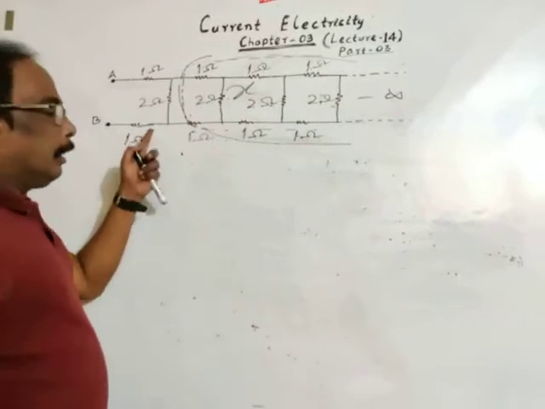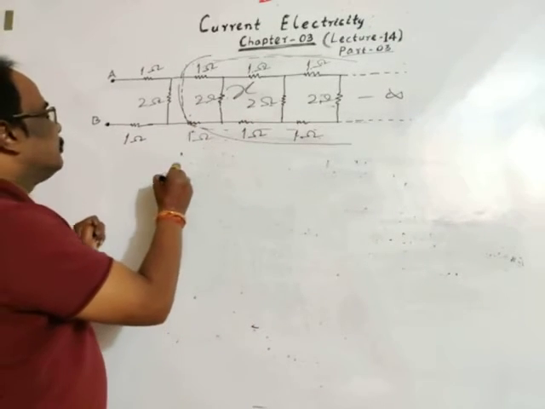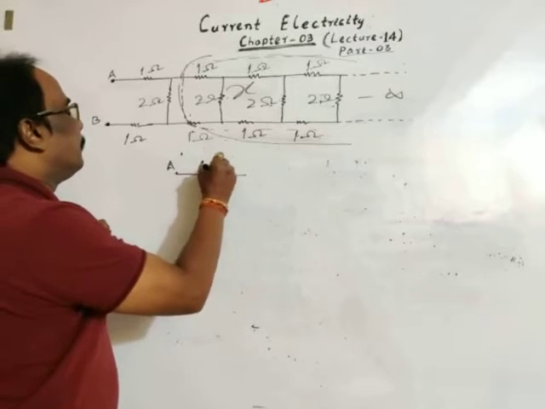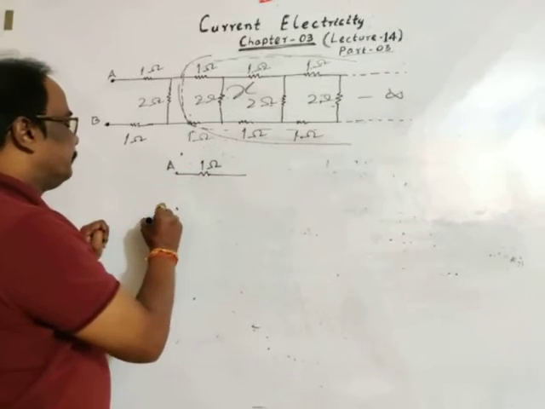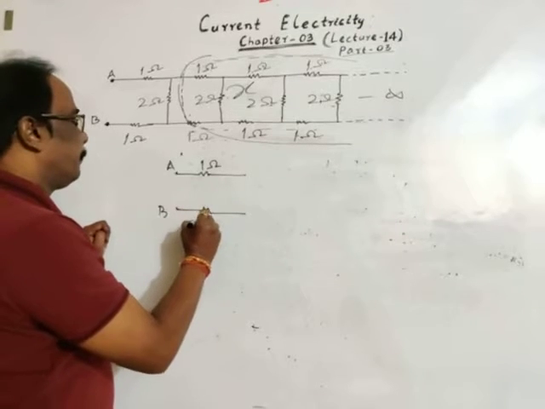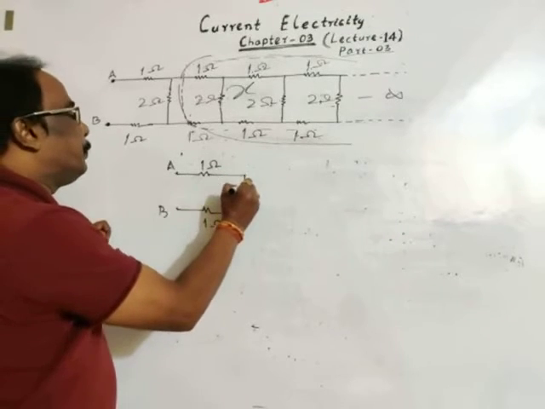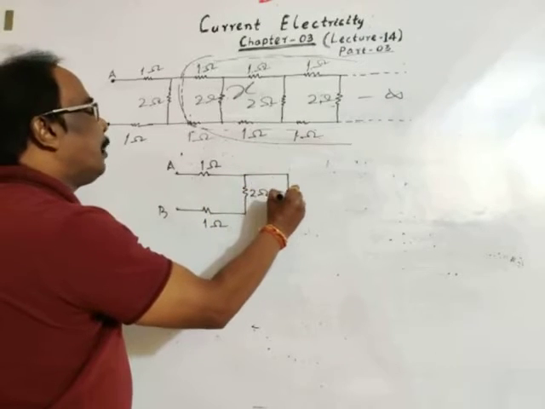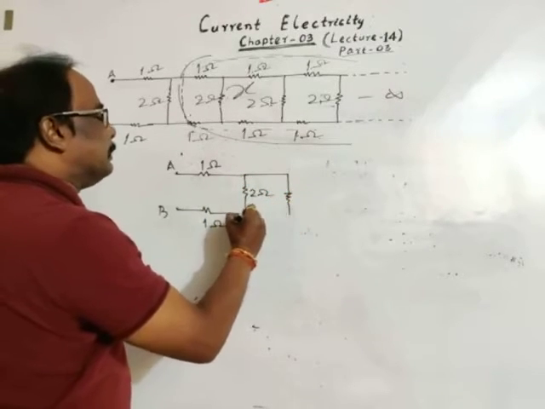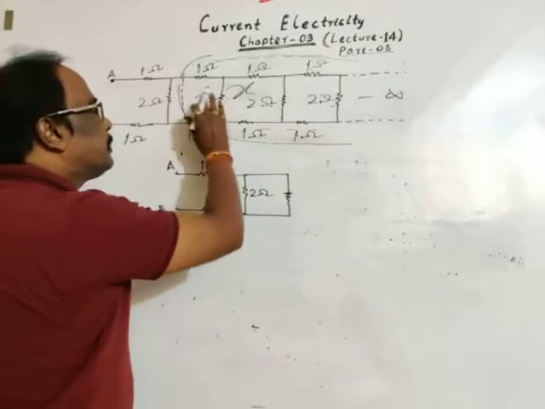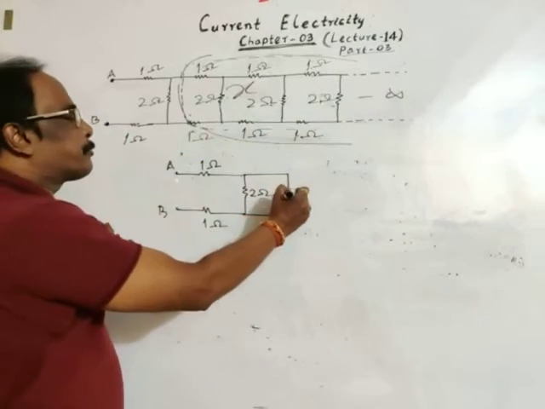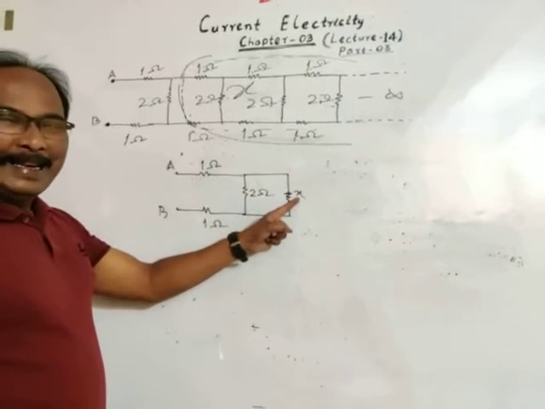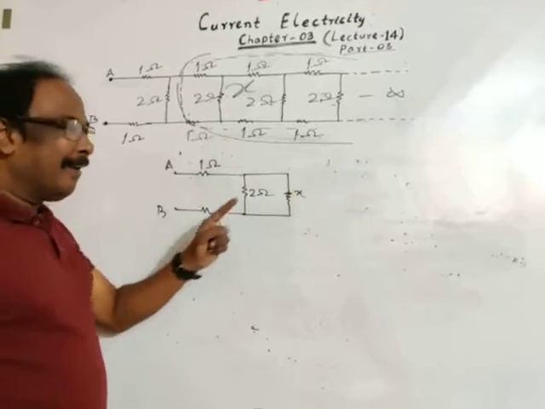Okay. Let's take first set A. This is 1. This is B. This is also 1. Okay. This is 2 ohm. Then the equivalent resistance of this infinite set is X. Again the similar form. 2 ohm and X in parallel, then we will get